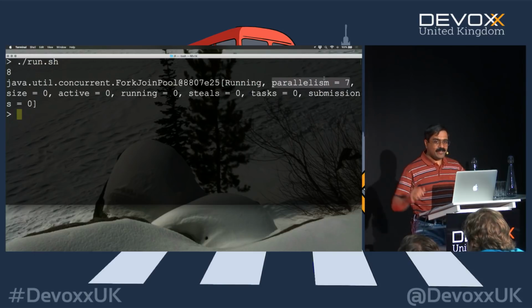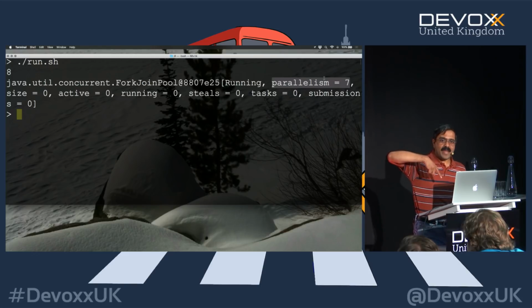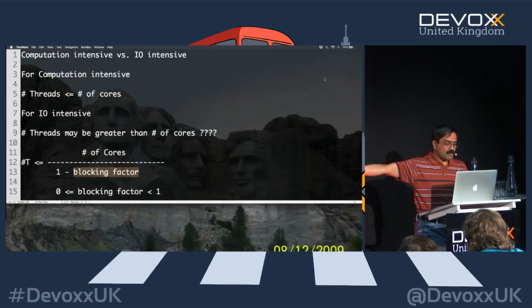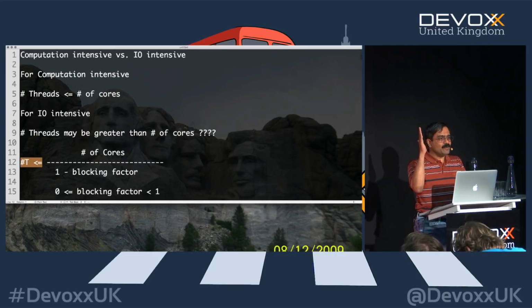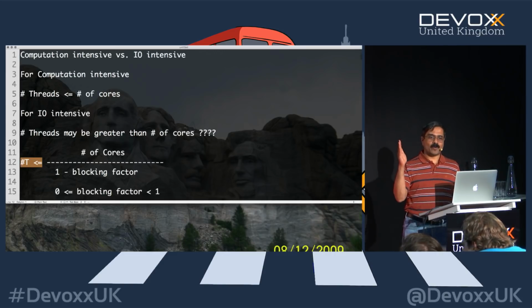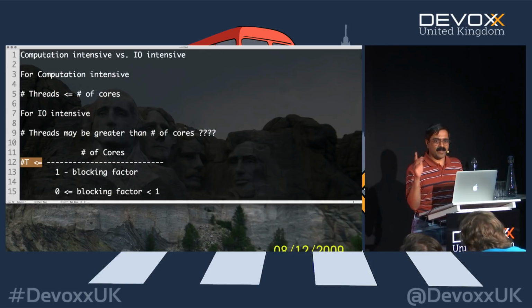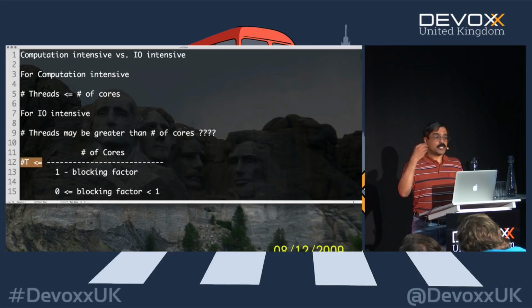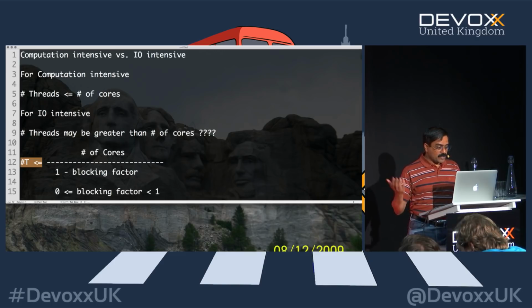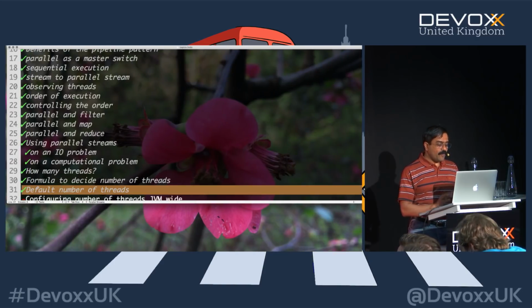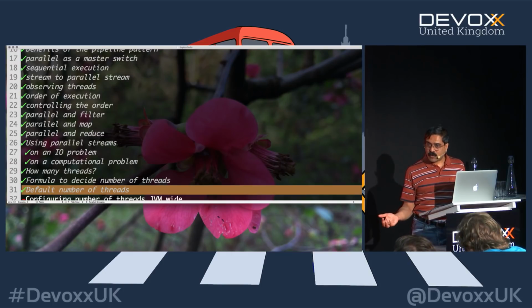If they had created 8 threads rather, then they have one more than the number of cores when you include main, and that would violate the formula we talked about a few minutes ago, because the formula did not say approximately. It said your upper limit is number of cores, don't go even one over it. And that's why they were very careful selecting one less for the common pool, because the main is actually participating in it as well. So when your code executes, the main has the work to do, and it joins with the common pool, which is also a member of it. So that is the reason why you see a 7 in there. So the default number of threads is equal to the number of cores on your machine.